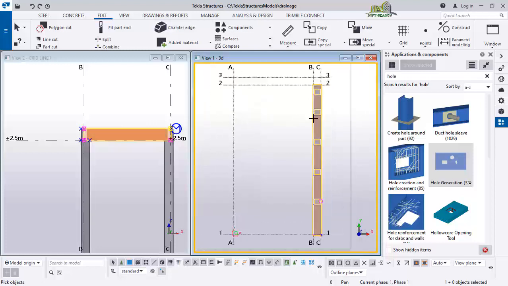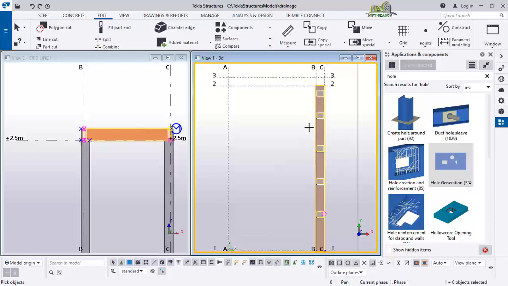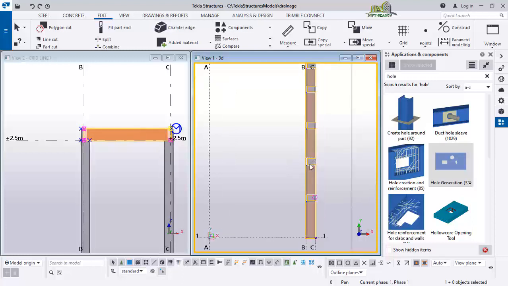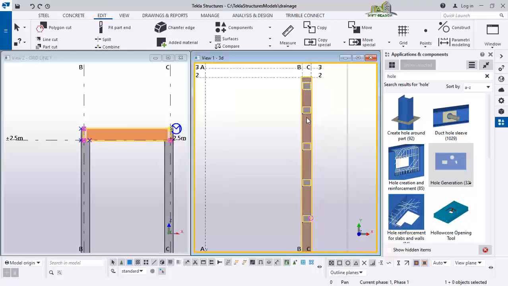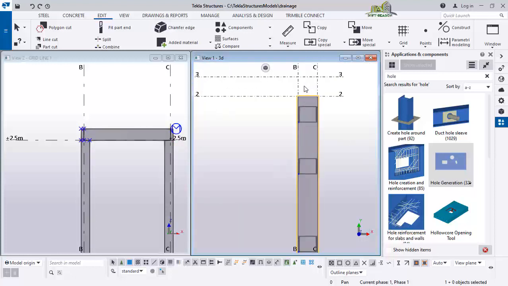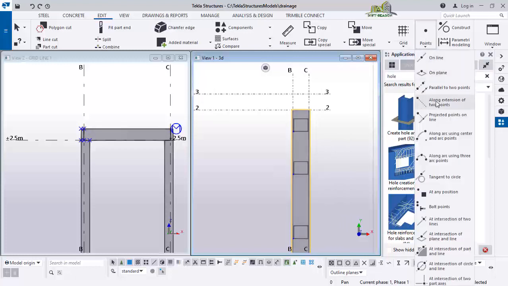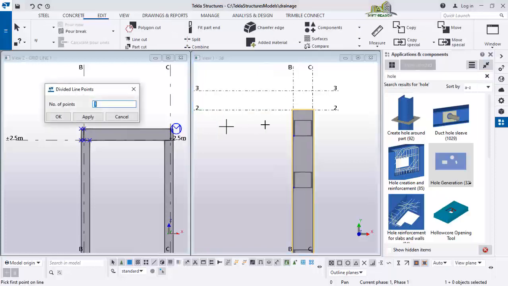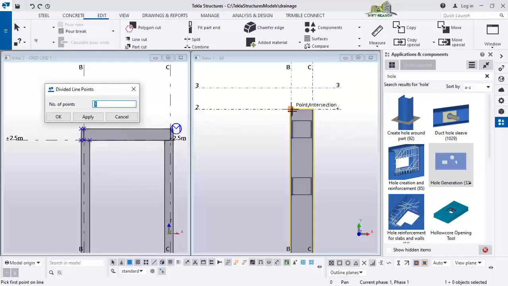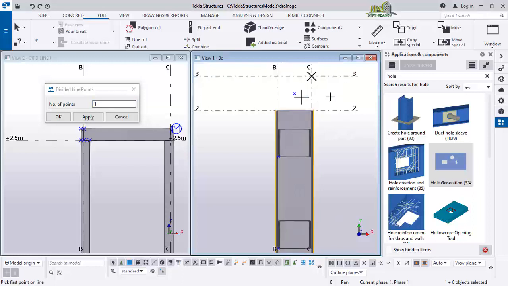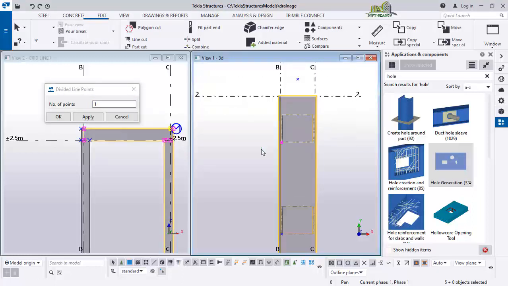Okay, so after which we want to look at how we can actually mirror this to this direction. Okay, because we are having the drainage flowing from this point to this point and then goes this way, okay, to the reservoir somewhere here. Okay, so after which what we now need to do is I want to create a point here, at the center of this place. So for us to do that, you just click on online, and then number of points is 1. Pick this first point and this second point to have a point here,